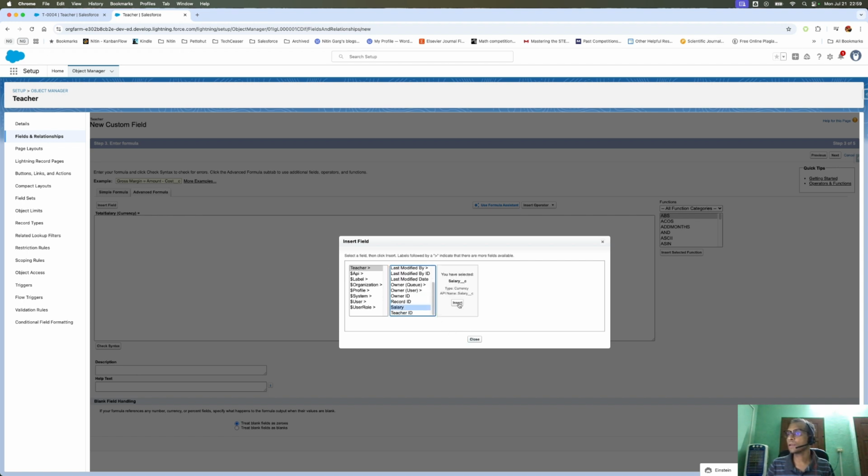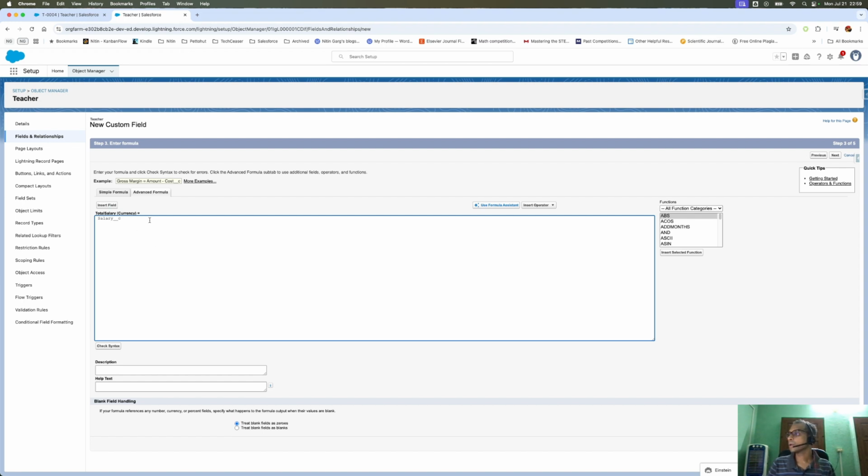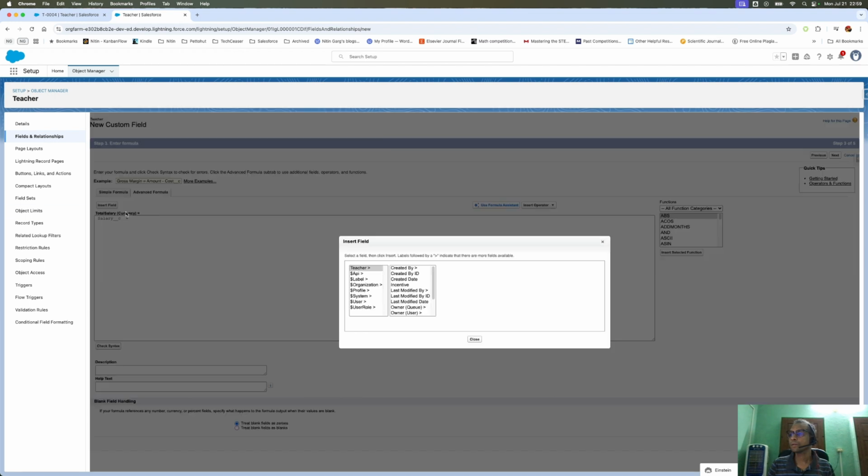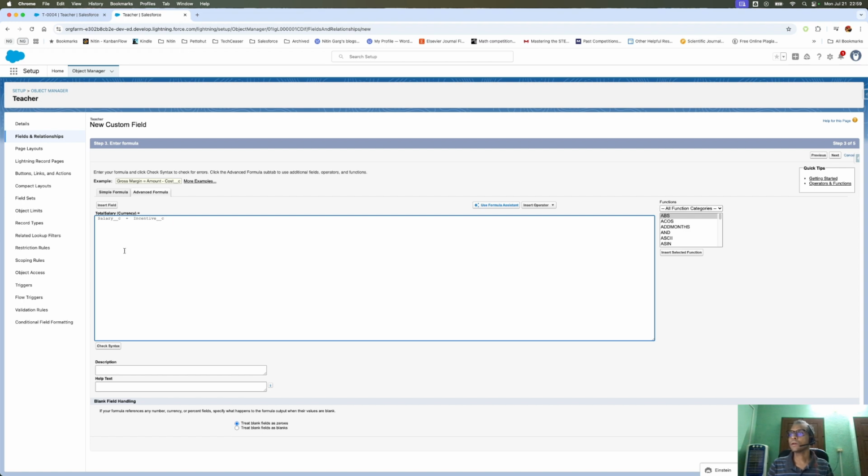It says salary, as well as insert field, incentive. Okay, so here I'm saying that total salary will be salary plus incentive value. Let's quickly check the syntax. Okay, no error. That's a good sign. Clicking on next,